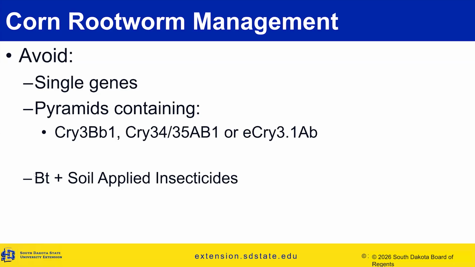And I know I've visited with a lot of people about this, but we also do not recommend using a BT trait plus soil applied insecticides. And you might be thinking, well, that would give us our best chance of management, though, right? Because BT should knock out a large part of the insect population, and the soil applied insecticide should clean up anything else that's left. That's true, but then the catch is that if you have a corn rootworm that has resistance to the BT and is developing resistance to the soil applied